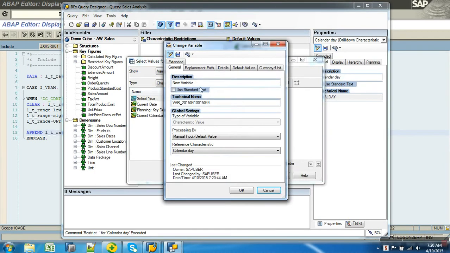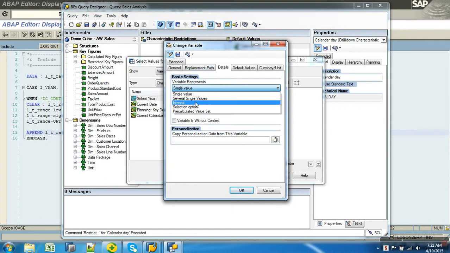So create new. I'll say year to date. So what is the processing type now? Customer exit. Details, I want it as in what? Interval. So it's going to have a range from first day of the year till date.